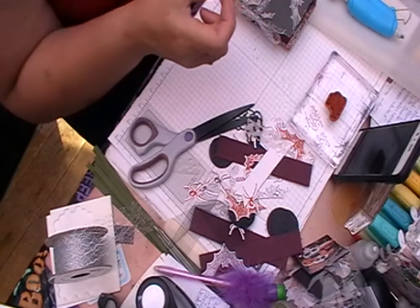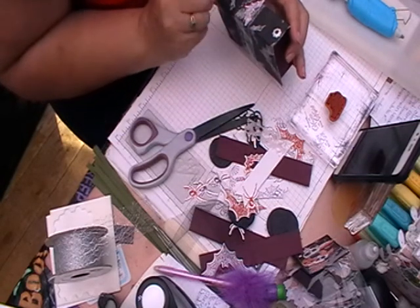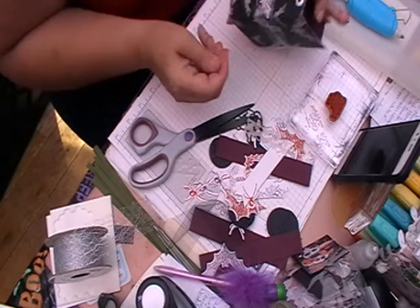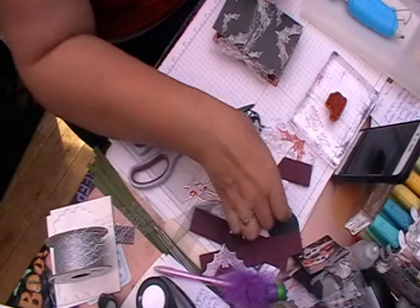It's like glue strings is like cheese on pizza, isn't it? There we go. So that is the bat on a bat, and then we can